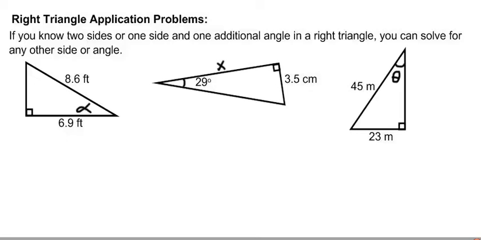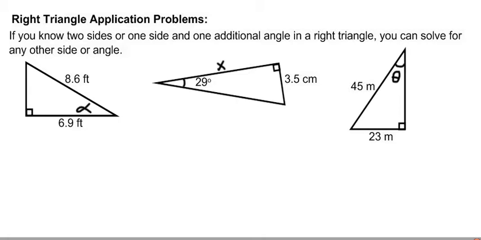As we start our unit on triangle trig applications, we are now going to branch out beyond our special triangles and things we can do without a calculator, and we're going to be using our calculators a lot. I want to review some problems, the SOHCAHTOA type problems that you maybe did in geometry. In these triangles, we are given right triangles and we are solving for a missing side or angle